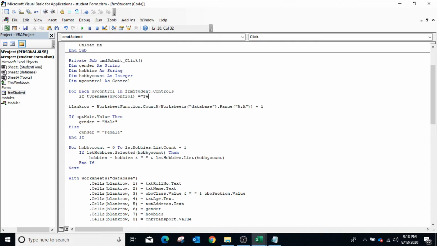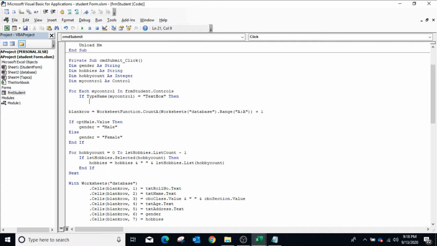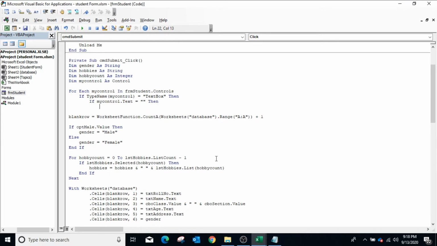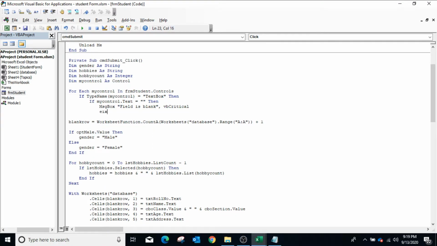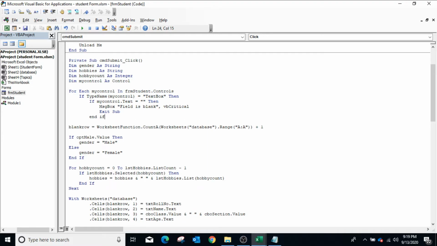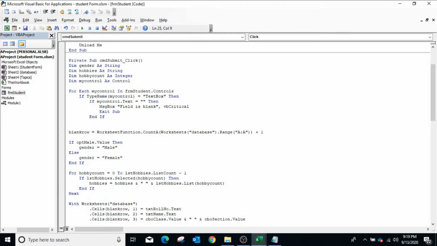and if it's a text box, then we will check if the text property is blank, then we'll show a message box that field is blank, vbCritical, and then we will exit from the sub procedure. Close the if statement.